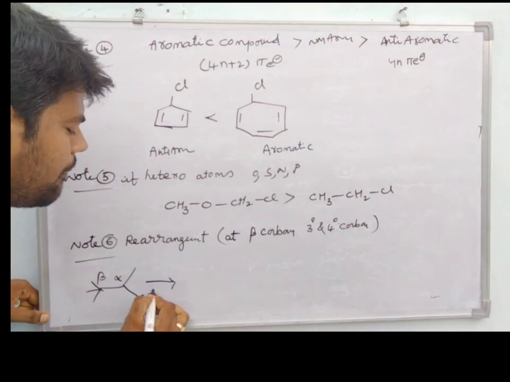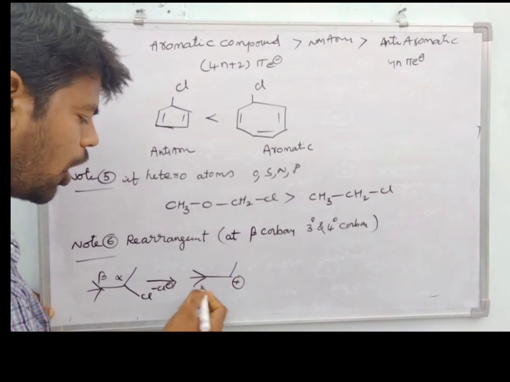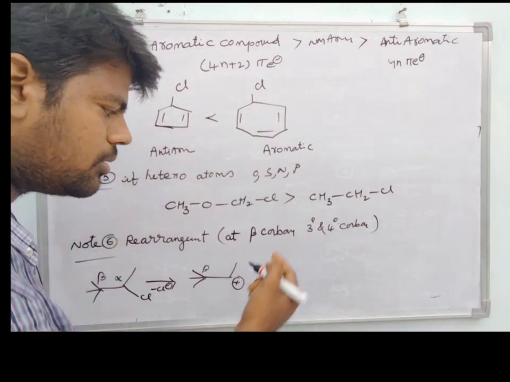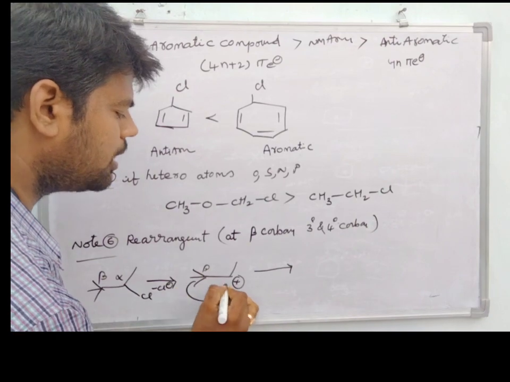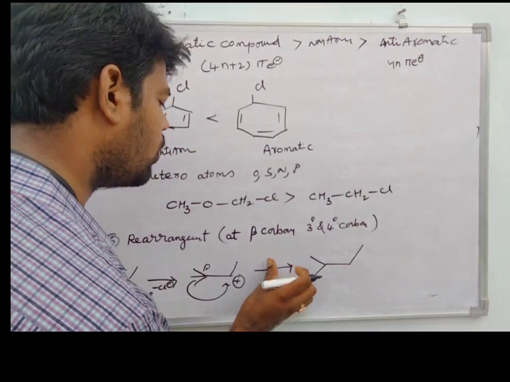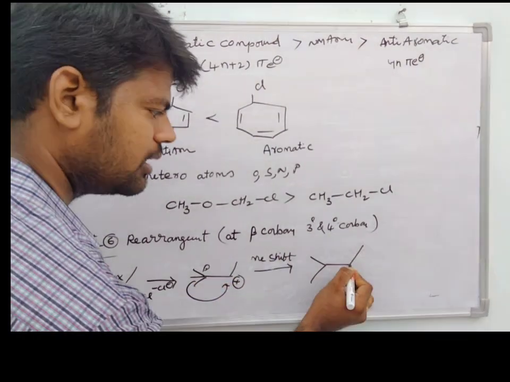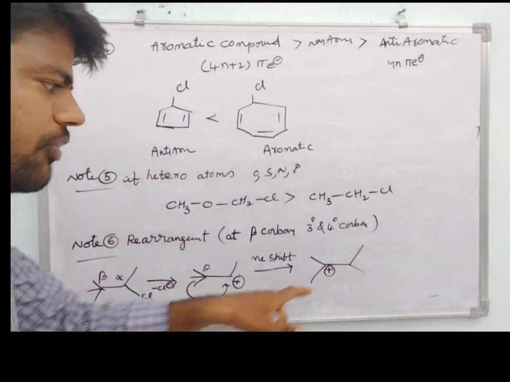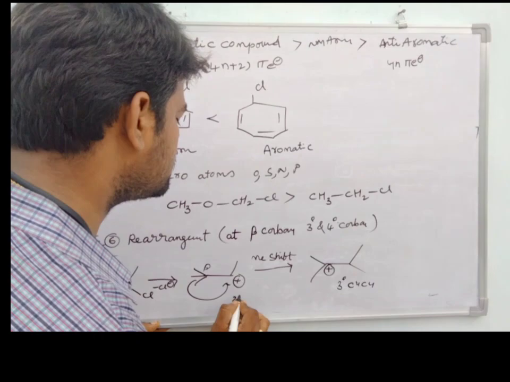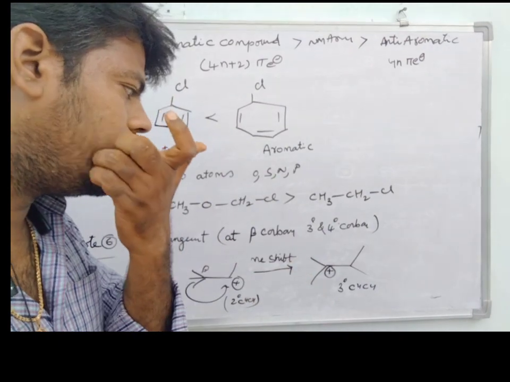Step 1, friends, what will happen? The chlorine will move out. Therefore, a carbocation will be obtained. Next step, on the beta carbon, 3 carbons are present. That means a tertiary group is there. Therefore, rearrangement takes place. During the rearrangement, a methyl shift happens. The methyl group shifts here, and the carbocation moves. Observe, friends, this carbocation is connected with 3 carbons. Therefore, it is a tertiary carbocation, and the earlier one is a secondary carbocation. We know that the tertiary carbocation is more stable. Due to that reason only, rearrangement takes place.